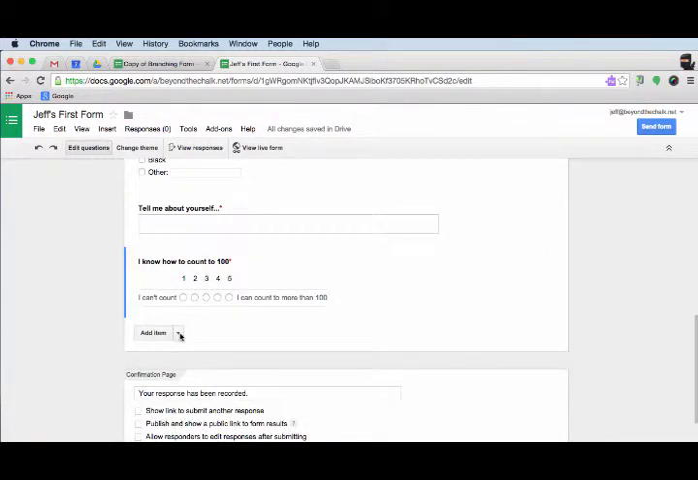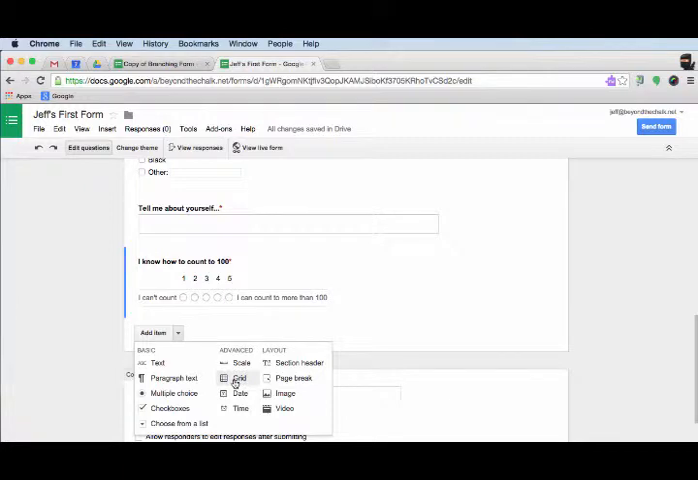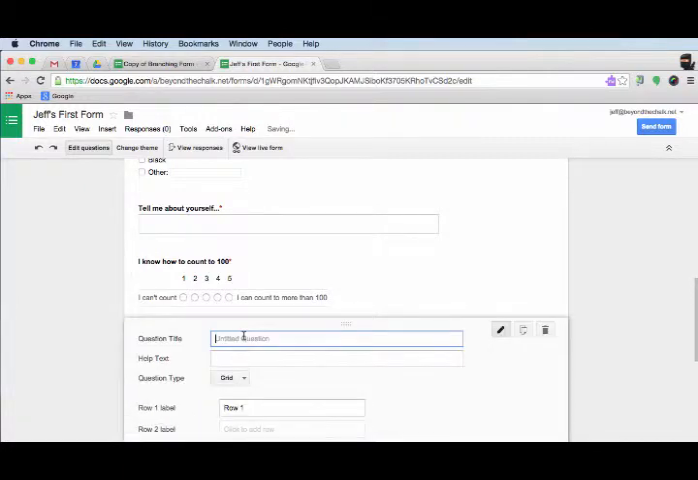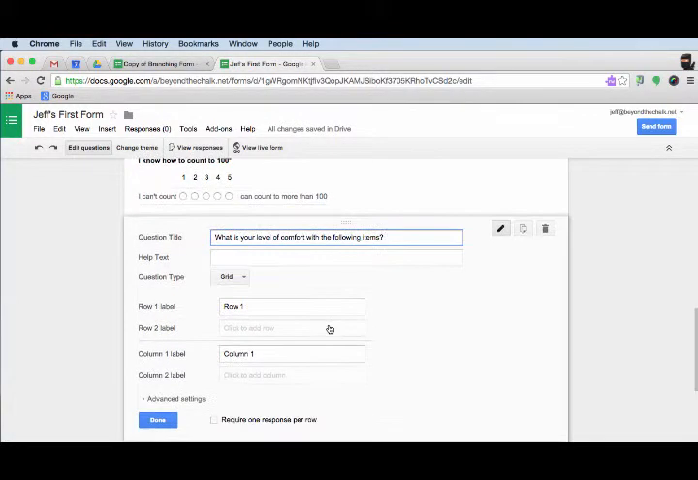And now we're going to go in and we're going to add another item. This one is the grid. And I really like the grid because you can do lots of things with this. So I might say here, what is your level of comfort with the following items? Now what you really need to understand is what each one of these represents. Your rows are going to represent the questions, your columns are going to represent your comfort level. So row 1 might be